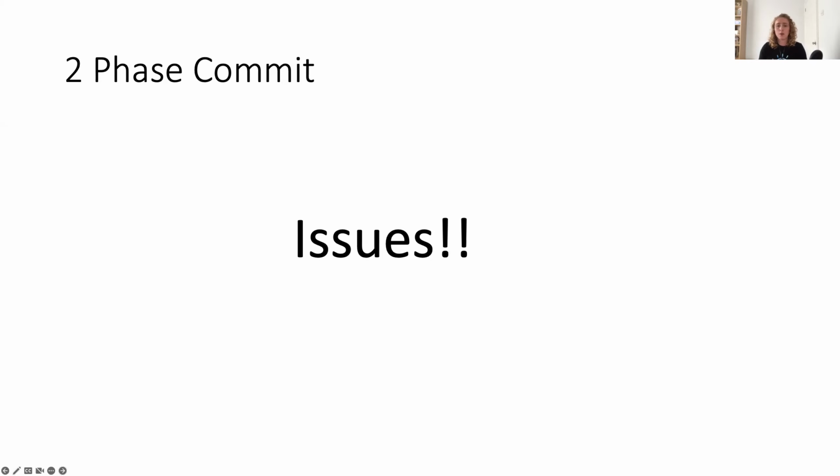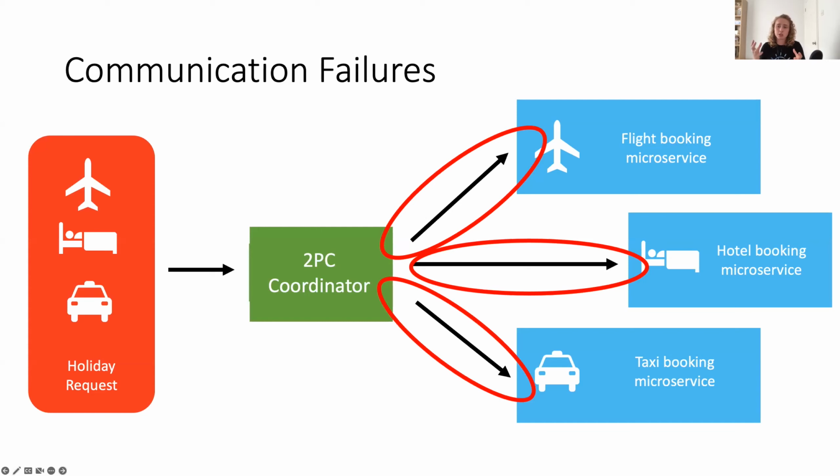That's an issue. Other issues, for example, are that now that you're in a distributed environment, we're not reliant on local communications. We're now reliant on network communications to be able to deal with the chattiness between the central coordinator and those individual microservices. So what happens when this goes wrong, for example? How do you know if that microservice received the request from the coordinator? How do you know if the coordinator was able to receive a confirmation message or a response back from those individual microservices? Messages can easily get lost in network communication, and so this is an issue we have to think about and design for.